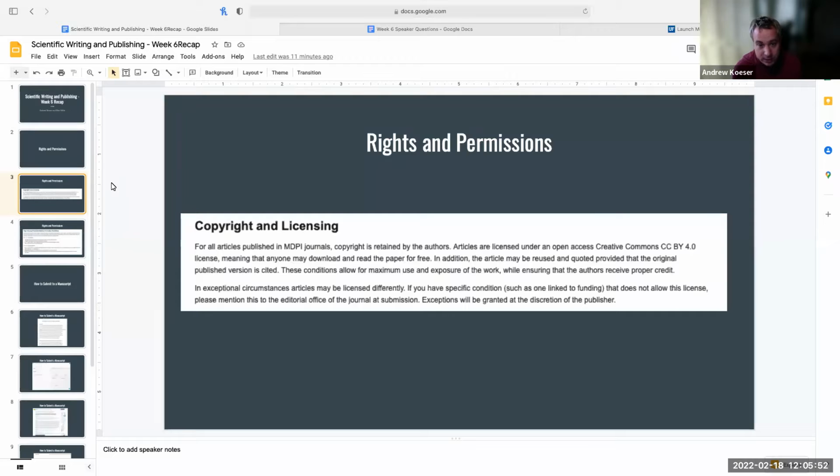So they open things up in a Creative Commons license, which means that people are able to download and read the paper for free. But they still want you to attribute. You can't just make it your own. So it's still being protected, but people are free to just grab it and pass it around all that they want, right? But if they are going to take one of your figures or what have you and use it as their own, they cannot do that. They have to attribute it to you and get that kind of permission going.